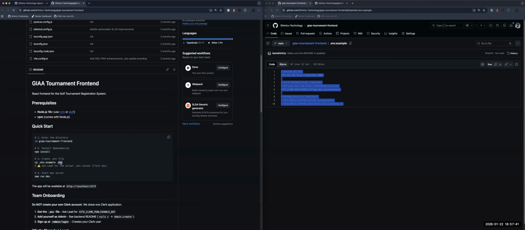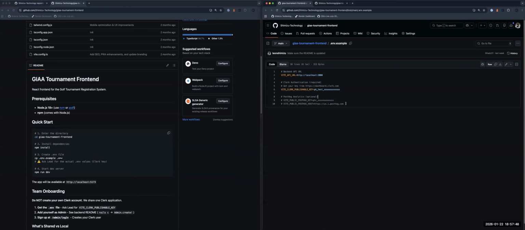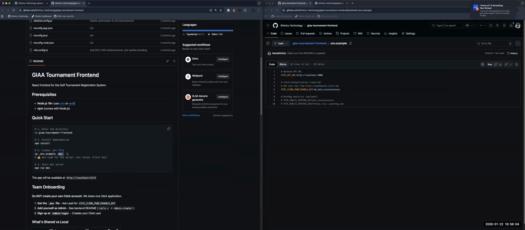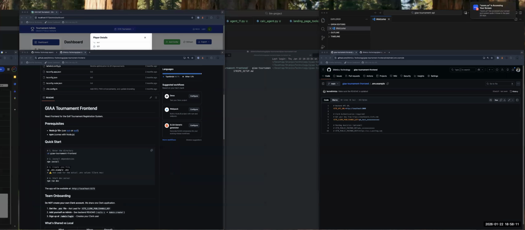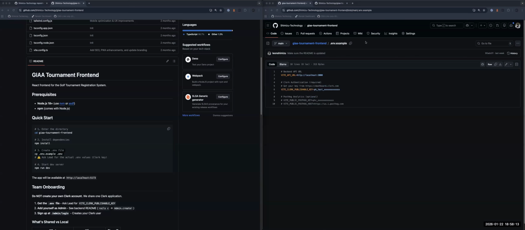The idea of an env file is that it contains all of the credentials that should not be pushed up to GitHub. For example, this Vite Clerk publishable key is the only thing within this project right now that we don't want to push up. That's why it's kind of like hidden credentials. And this is what we're gonna get from Slack. So if we go over to Slack, gosh, I have so many tabs. We need pool general. Right? So in Slack,